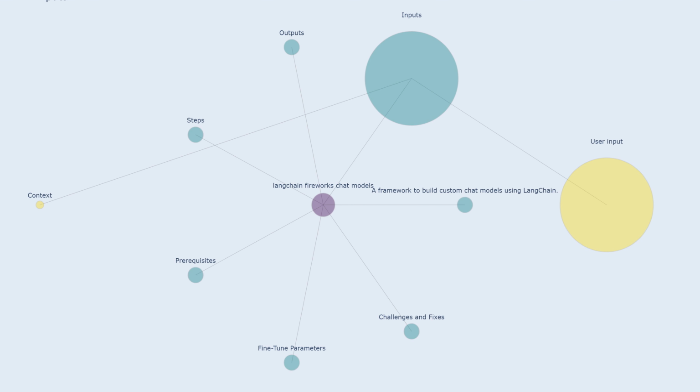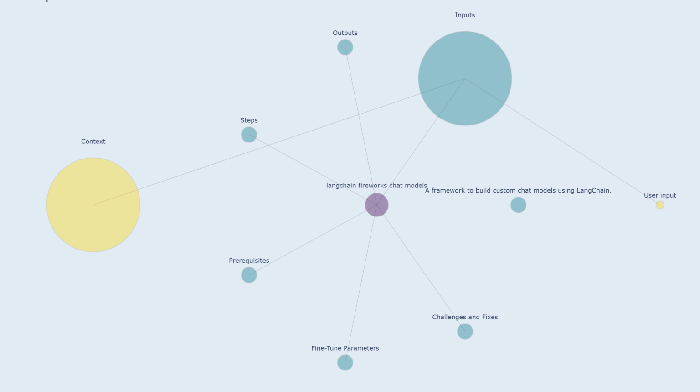Inputs. User input: the input provided by the user, typically in the form of text, initiating the conversation with the chat model. For example, what is the capital of France? Context: additional information relevant to the user's input, providing the chat model with context to understand and respond more accurately. This might involve past conversations, knowledge base information, or external data sources. Imagine a user asking what is the latest news about Tesla, providing context like I am interested in their electric